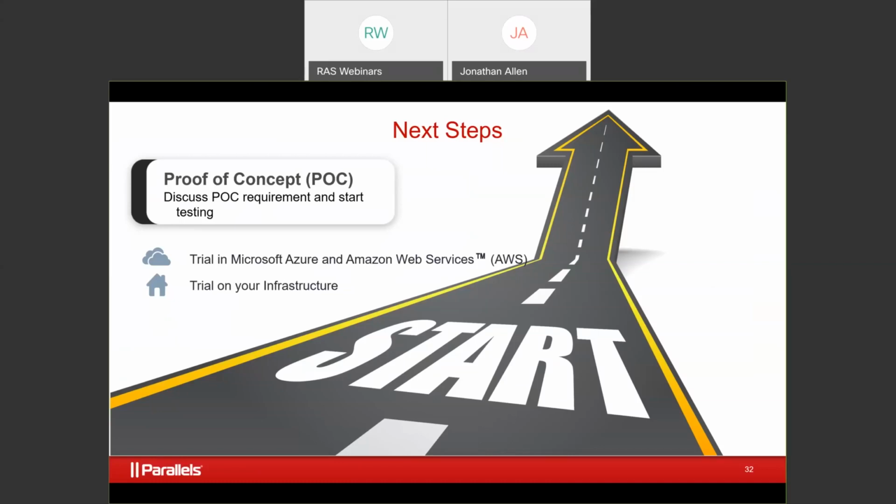well, it's not only us. IDC has recently reported that Parallels RAS is now in almost a leader quadrant for organizations within our market space. So we are growing by leaps and bounds with the number of end users that we're bringing on.